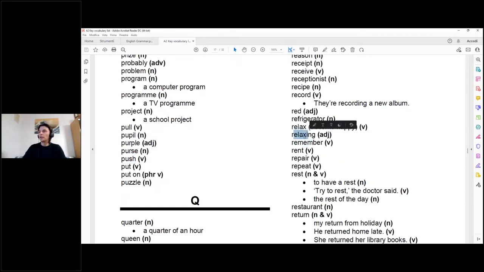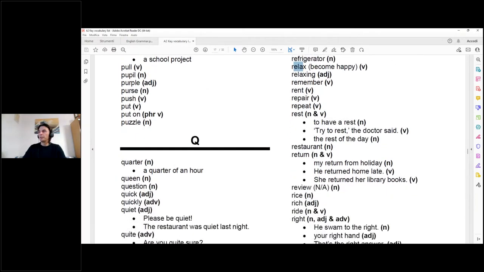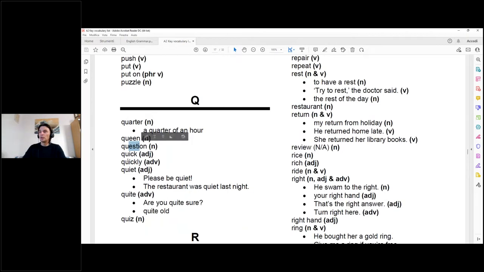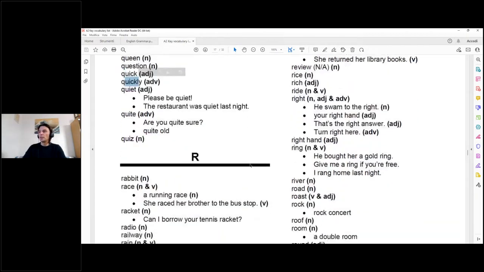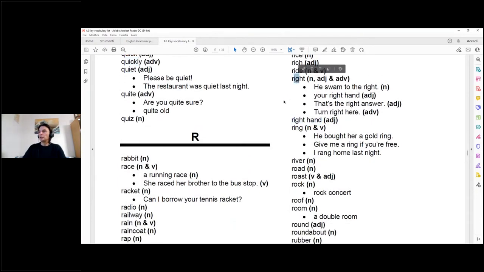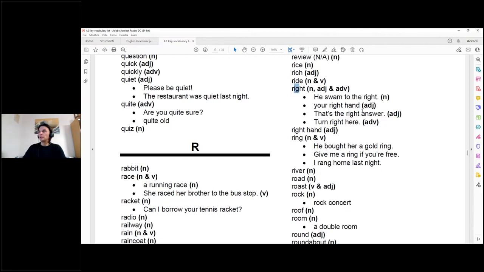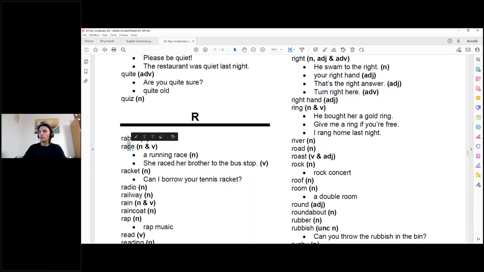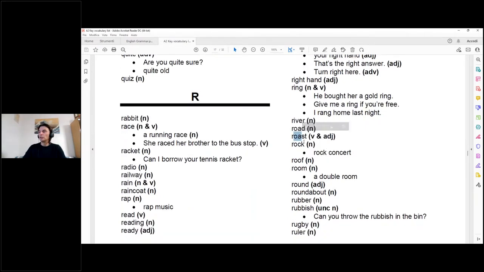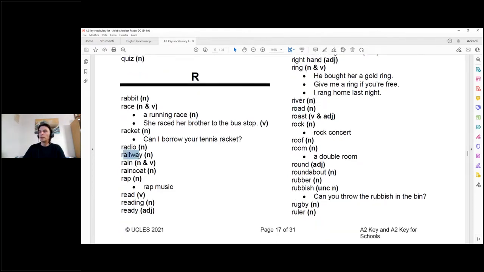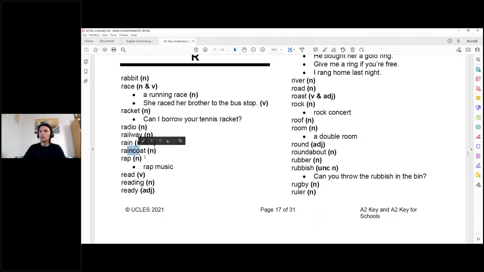remember, ricordare, relaxing, it's an adjective, qualcosa di rilassante, relax, it's a verb to relax, become happy, recipe, una ricetta, restaurant, question, quick, veloce, quickly, velocemente, right hand, mano destra, right, giusto, he swam to the right, your right hand, that's the right answer, turn right here, rabbit, coniglio, race, corsa, roast, arrostire, insomma, fare un arrosto, verb, roast, road, una strada principale, railway, la ferrovia, rain, pioggia, raincoat, impermeabile,